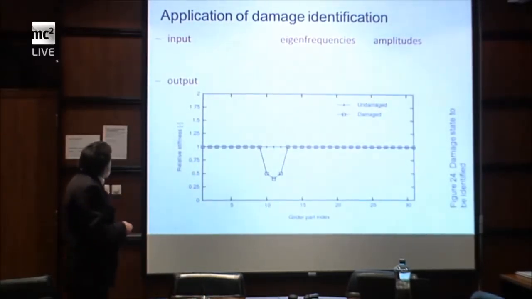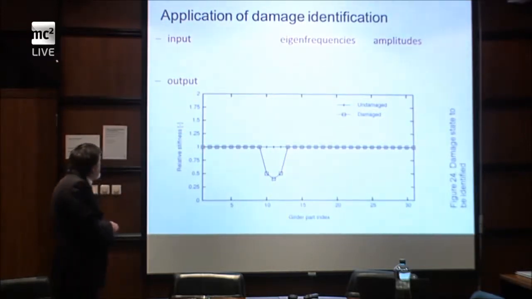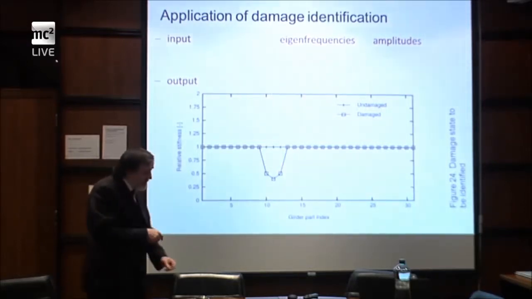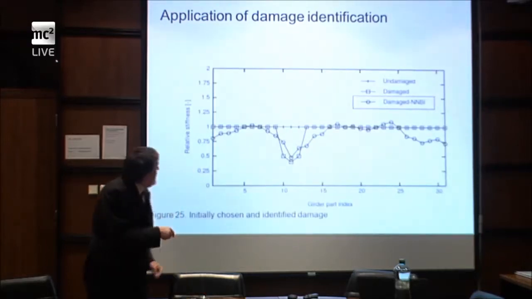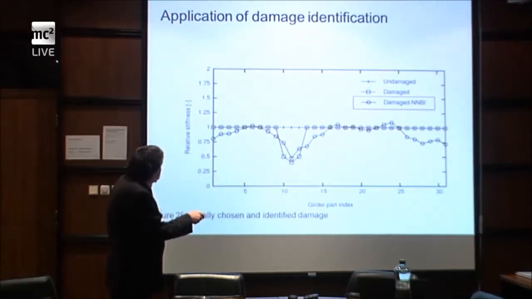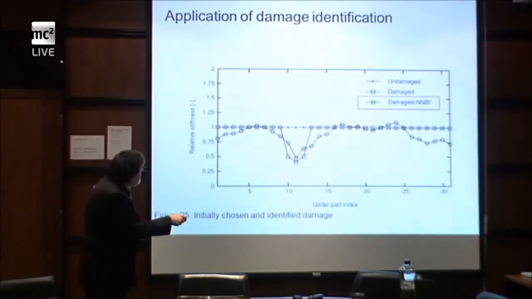And this is the result, where we were able to identify the damage based on measurement of eigenfrequencies and mode shapes. So this is undamaged, and this part is damaged. In this case, this was virtually introduced into the bridge. This was a testing example, and the result of identification was this damage, and the detection of the damage by neural networks was captured in such a case.